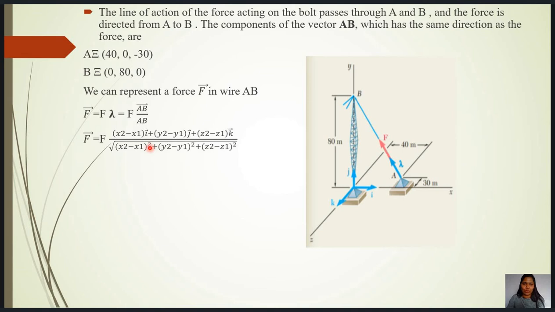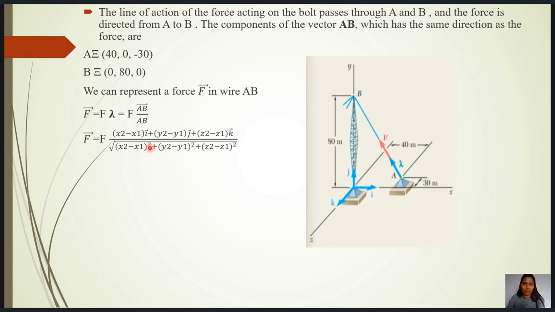And if you have to find the direction cosines of that force, then cos theta x is equal to Fx upon F. Then you will have theta x is equal to 115.1 degree. Cos theta y is equal to Fy upon F. So Fy is this and the net resultant force is this. So you will get theta y is equal to 32 degree, and cos theta z is equal to Fz upon F. Then you will get theta z is equal to 71.5 degree.